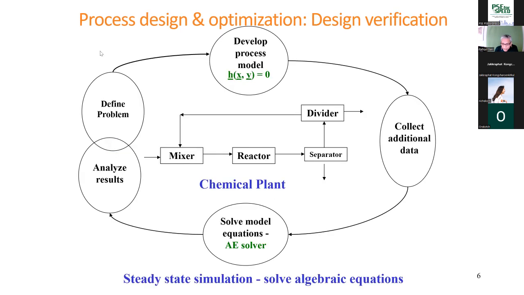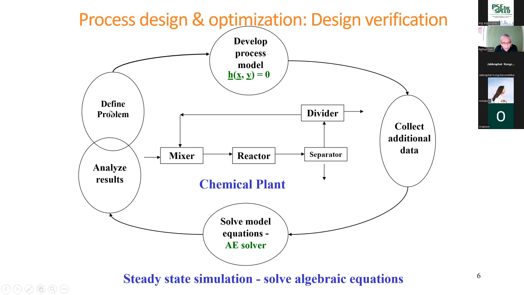to simulate, we need a process model. So what you see in here is the process model. The process model includes the model for the mixer, reactor, separator, divider, everything together. And that is represented in steady state by a set of algebraic equations. But to solve this algebraic equation, we need to first define the problem in terms of what is coming in, and we want to give all the parameters, which are the design parameters, and we want to calculate what is going out, what are the energy demands, and all of these things.